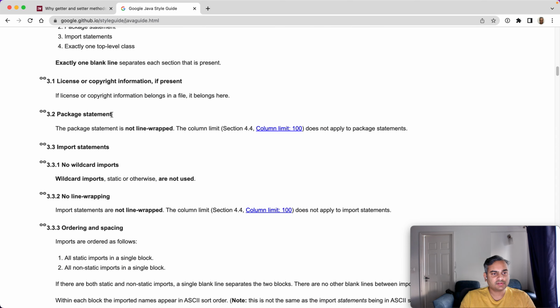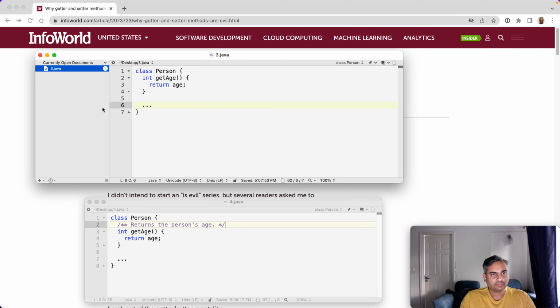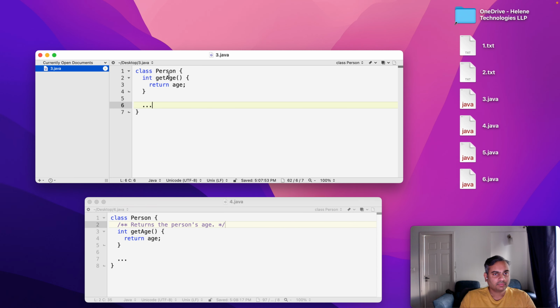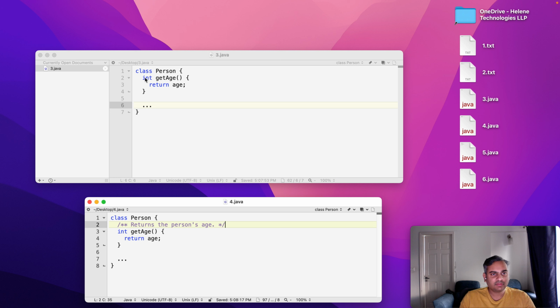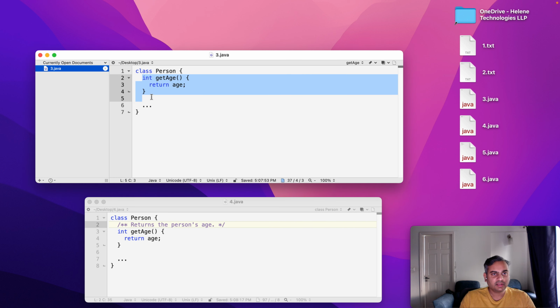This is Google's rules. So people write this. And in code reviews, people often point out if you try to commit this code, saying, hey, there isn't documentation, please add something.